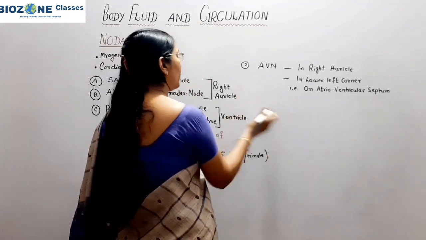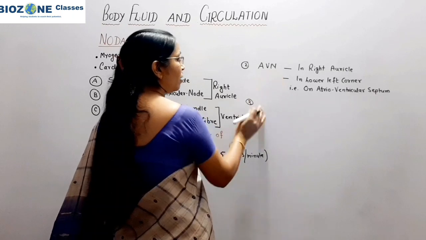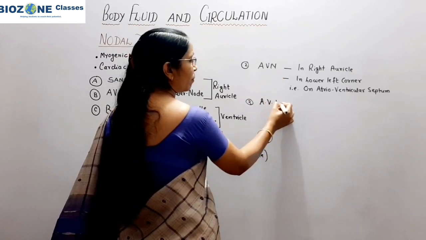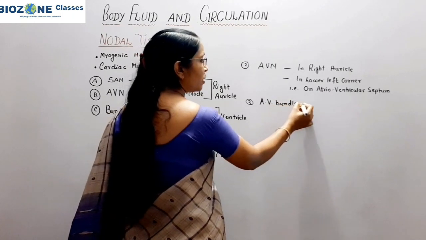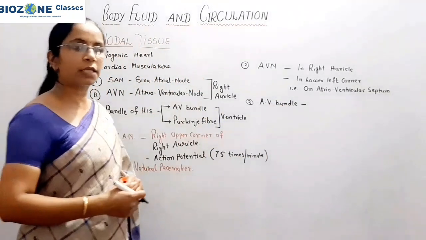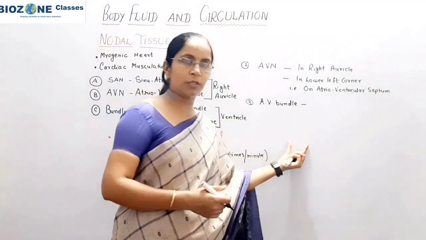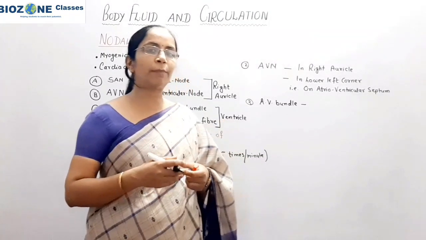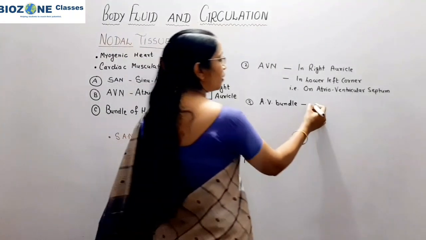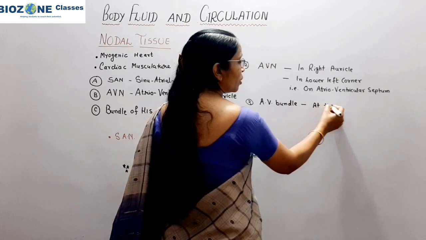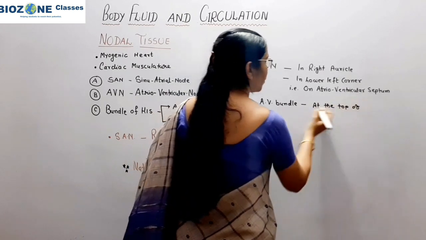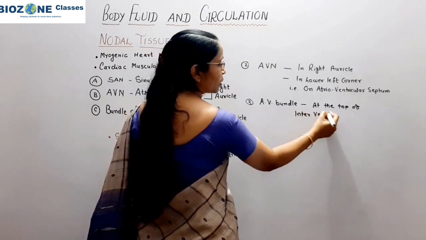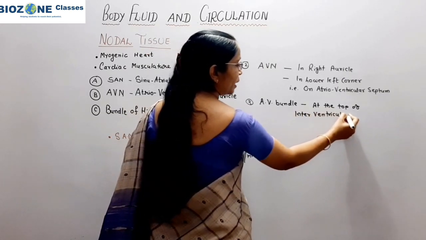Now from the AVN, one bundle is developed. That bundle is called the atrioventricular bundle. This bundle, you remember, crosses the transverse septum. With a diagram, one more time we will study this. So this AV bundle crosses the transverse septum and immediately at the top of the interventricular septum, that is a longitudinal septum present in the ventricles,